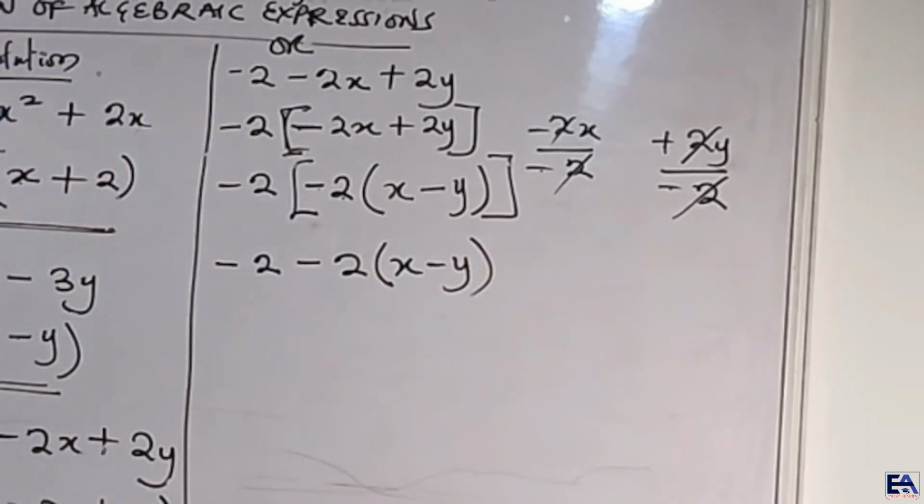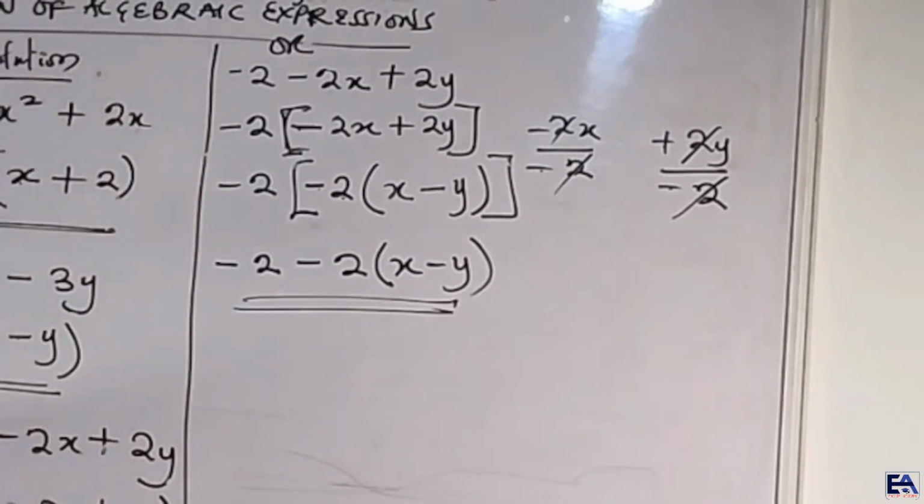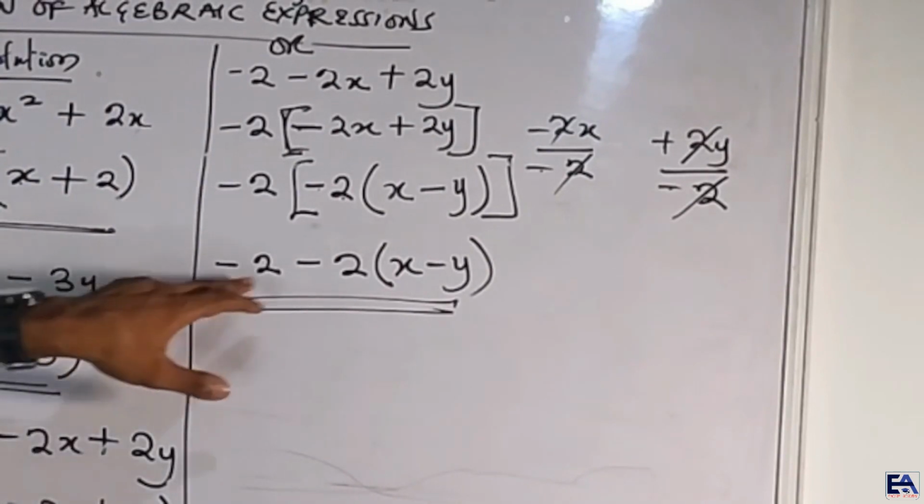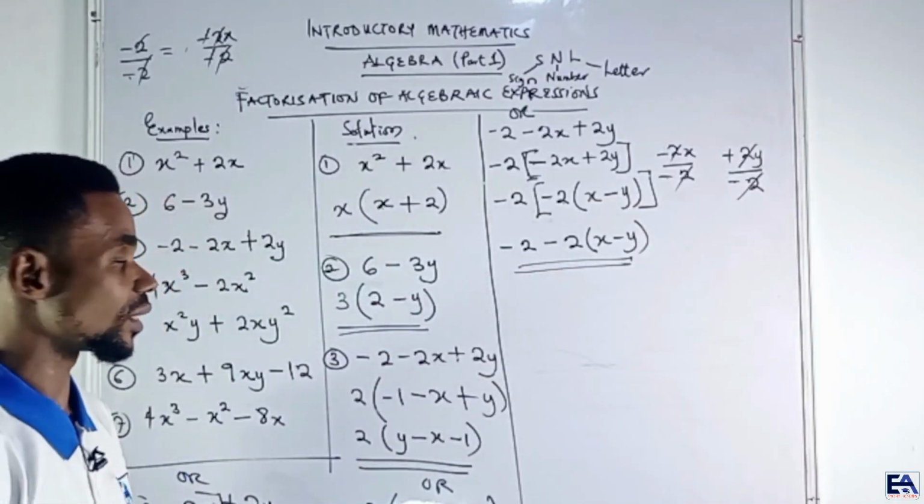Minus 2 into x minus y. All right, and so you leave it this way. I know you're looking at this one and this one, right? You cannot, it will be a mathematical blunder to